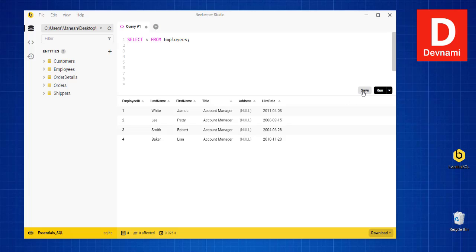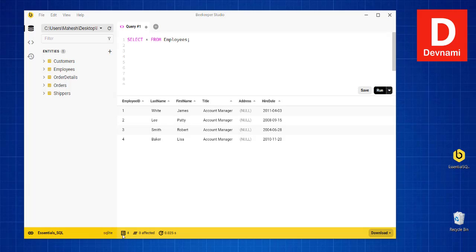Now here you see there's an option for save, and there is also an option for run. Run current is for when you have multiple lines and you want to run the current line where your cursor is, so you use that. Now as you can see at the bottom, you will see the list of your databases. Currently we have only one connection, so it will point to that database file,